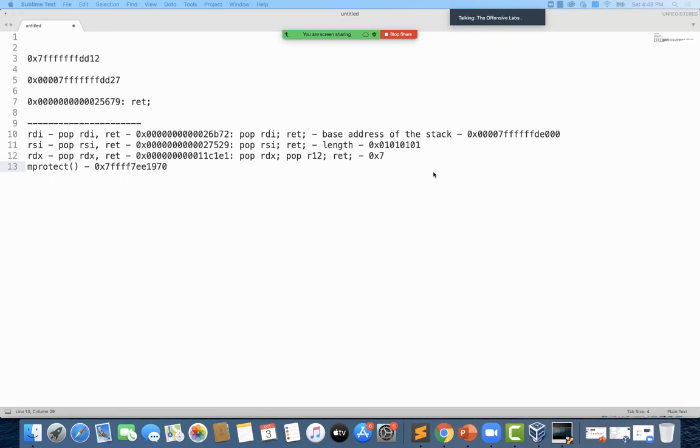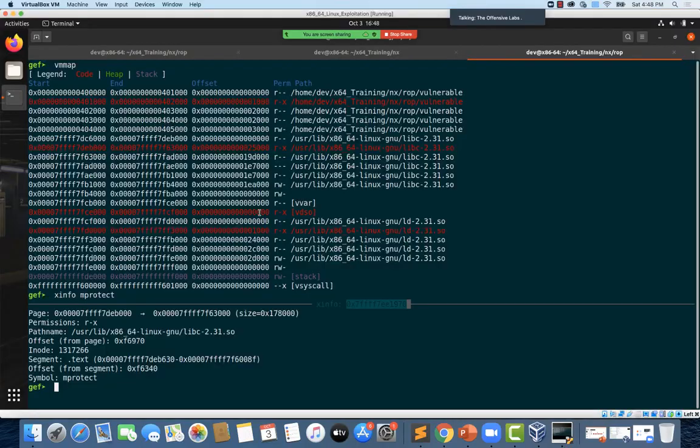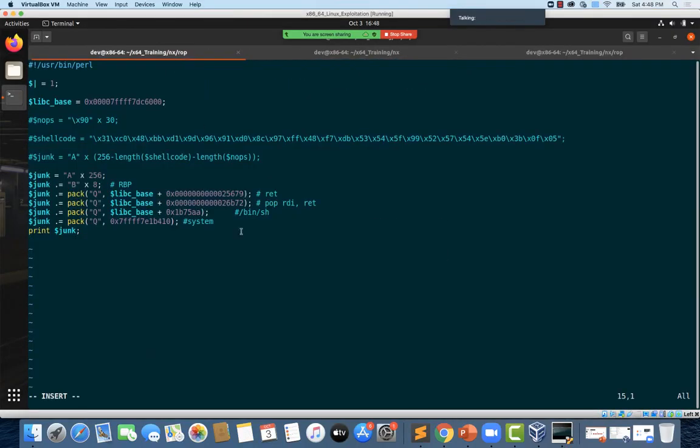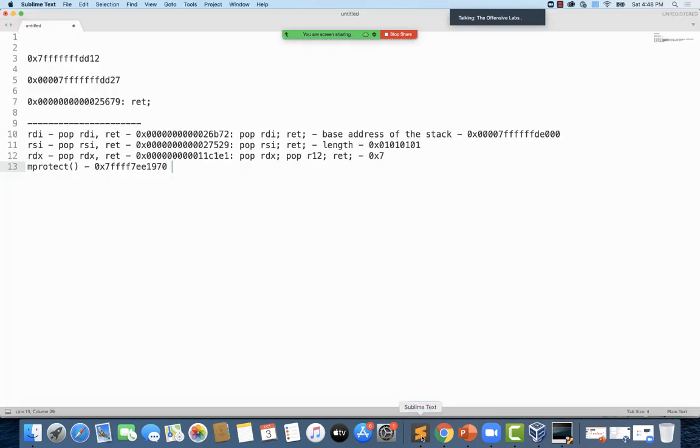Yep, everything looks fine. So let's just go here to our exploit. Okay, the first one, let's replace this ret with... I think I'll just comment it out. Okay, and we will just start from here, which is pop rdi ret, because I think we have taken the